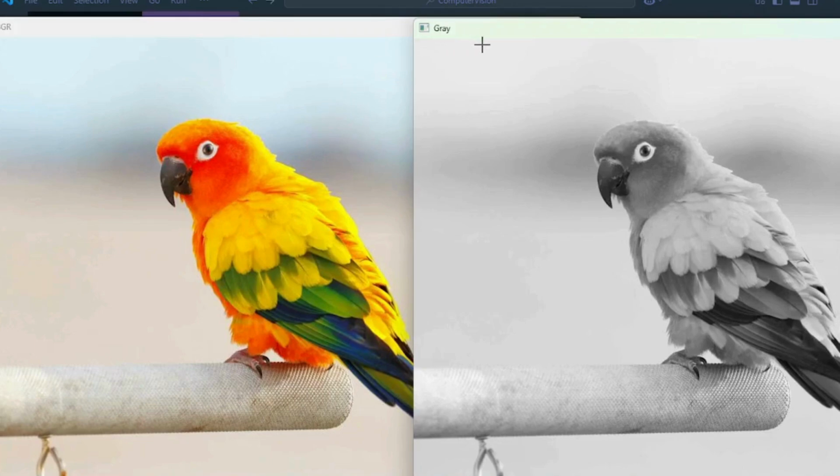Okay, so this is a grayscale image, and it is not a binary image, because in a binary image we only have two types of pixels. We have either a black pixel or a white pixel, but in this one we have different shades of black. Yes, we only have one channel. In this one we had three channels, but in this one we only have one channel, but the values of those channels range from 0 to 255. It's not either 0 or 255. It ranges from 0 to 255. That is why we have dark black over here, we have grayish over here, and that is why we have got a grayscale image. So it's different than a binary image.